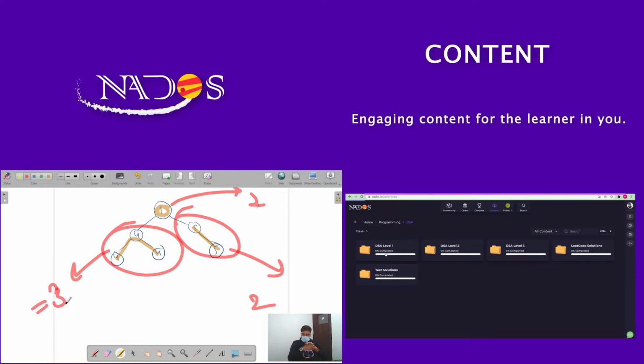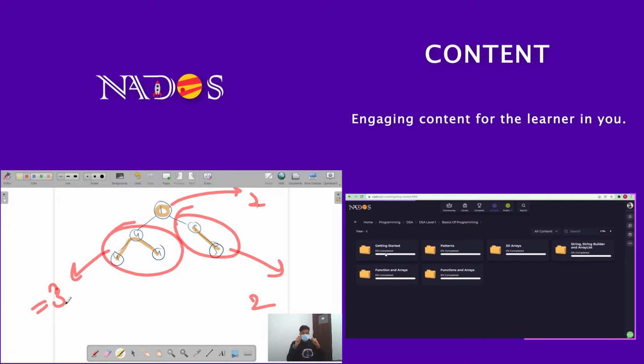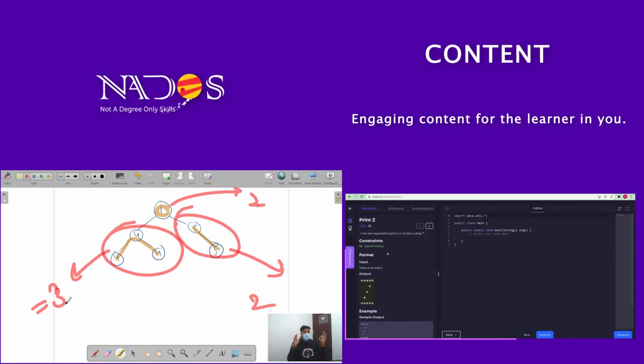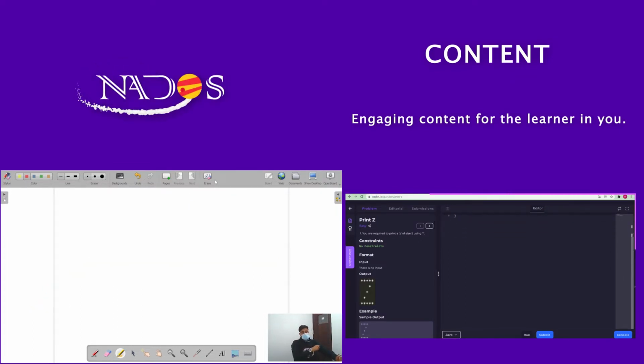So I hope you get the question. We just need to find a path whose nodes have exactly the same value, and what we need to tell about this path is just the number of nodes of that path. So that's all for this question. Let's move on to the understanding part, like how do we approach this question.